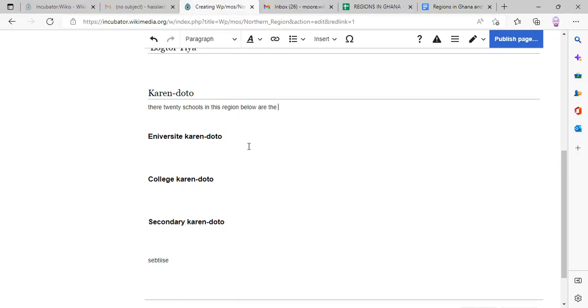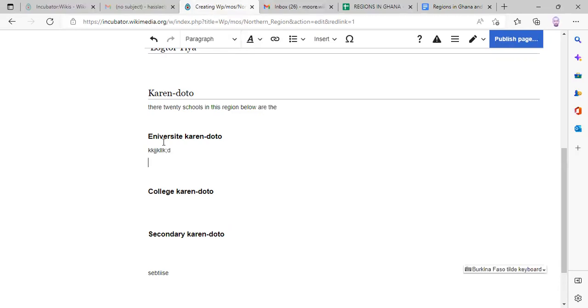So after the heading here, you can even add another subheading under this one. This one is a subheading under this. If you want another subheading under this, you can come and write maybe the universities. So this one is universities. You write something small there. Maybe you want another subheading to list the universities. You can come and write the universities.